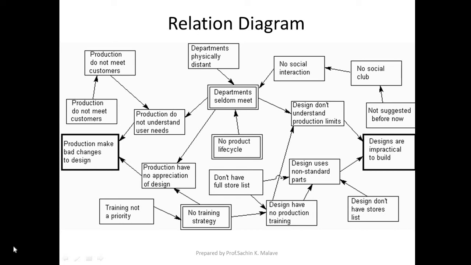In the previous lecture we were discussing this relation diagram. It is also called an interrelation diagram. As I told you, it is used to study, similar to the cause and effect diagram. This tool helps to analyze the natural links between different aspects of a complex situation. One interrelation diagram is shown.